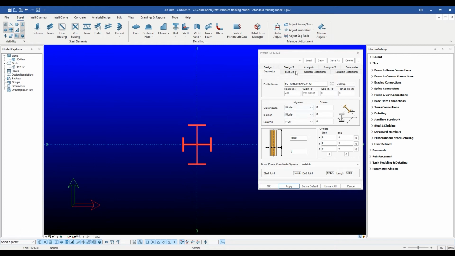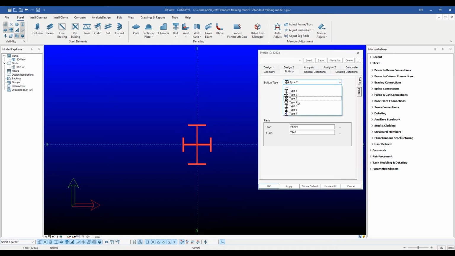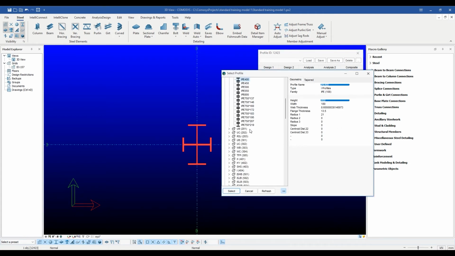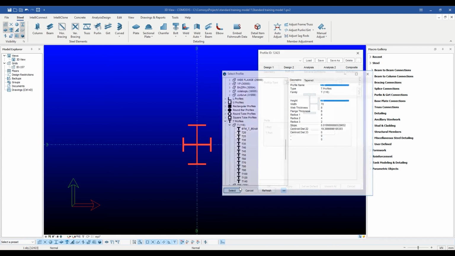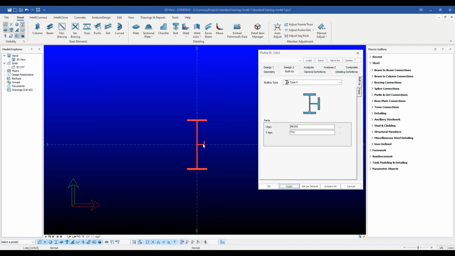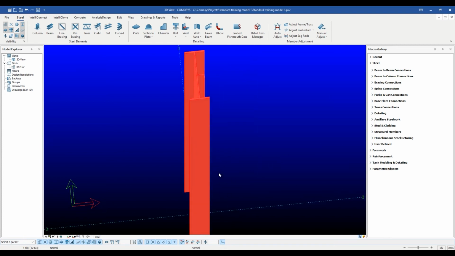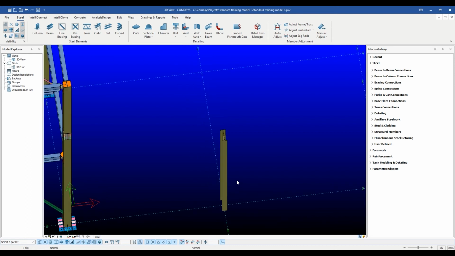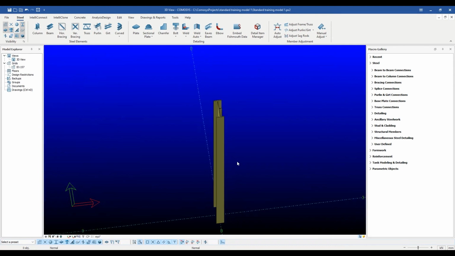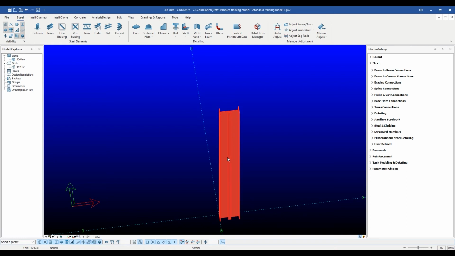Other built-up section options like a channel sitting on an I section, both with and without strengthening flange plates etc. are also available. Once again, the whole built-up section behaves as a single ID,